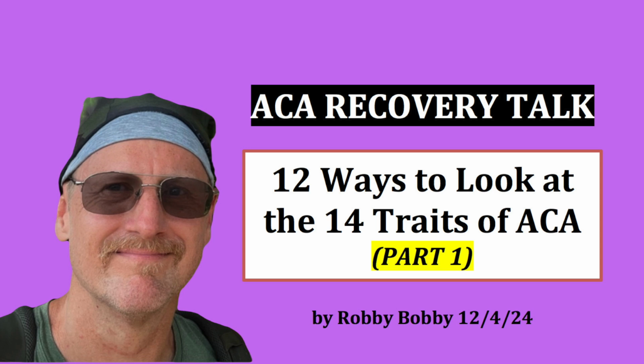In this video, I'd like to share 3 of the ways that I look at these common traits of adult children of alcoholics. I'll start with the most common way to look at the traits, which I've already mentioned, which is asking myself, do I have them, and to what degree? This is probably the most important way to look at the traits. It's called identification. I remember going down the laundry list for the first time. I identified with a couple of the traits a lot, some to a lesser degree, and a few either not at all or barely. Some I just didn't understand.